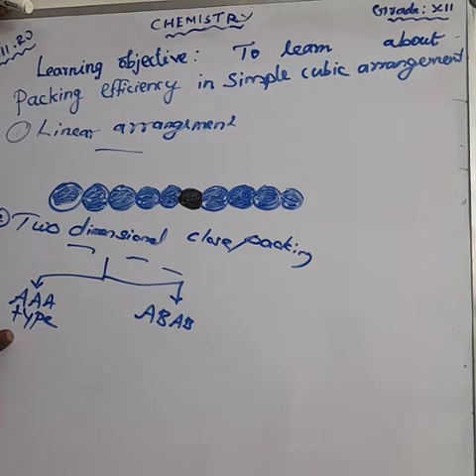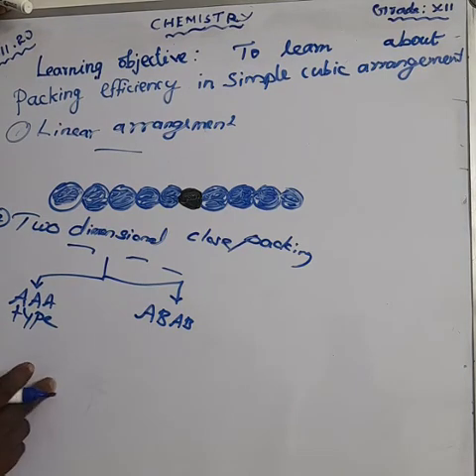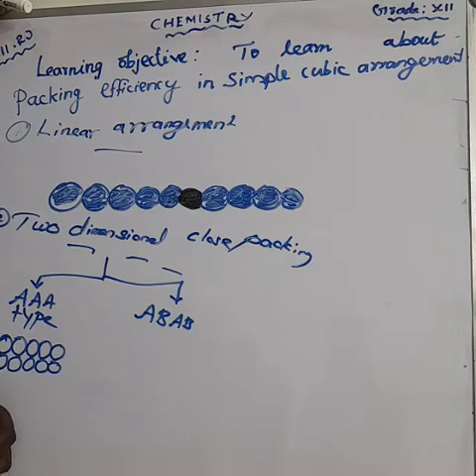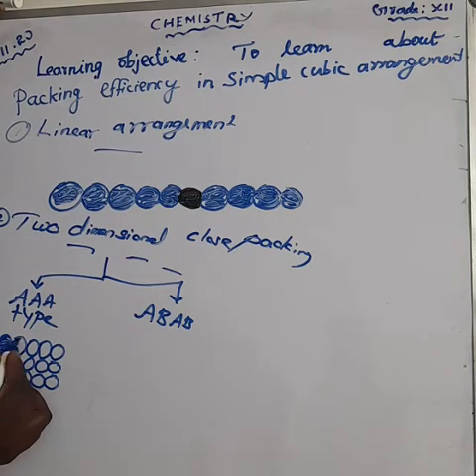What about the AA type? It is also a linear arrangement. For example, this is one arrangement, a linear arrangement. Am I right? And again, it should repeat in two dimensions. This is one dimensional, again two dimensional. Another arrangement, and again. This type of arrangement we call AA type. These are all A type, AAA type.